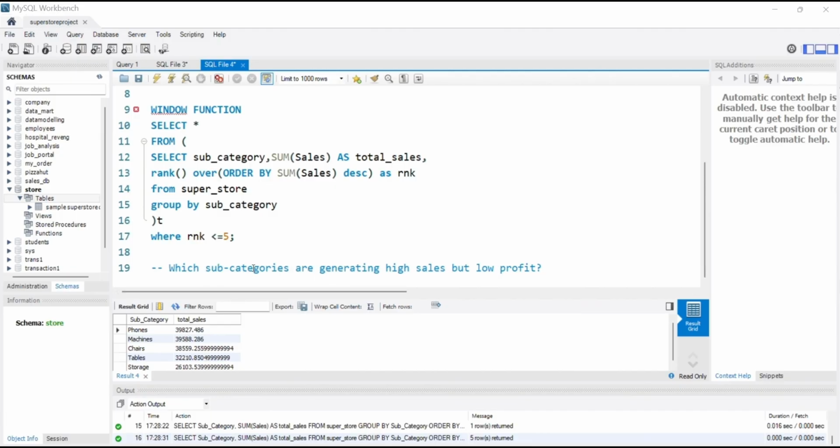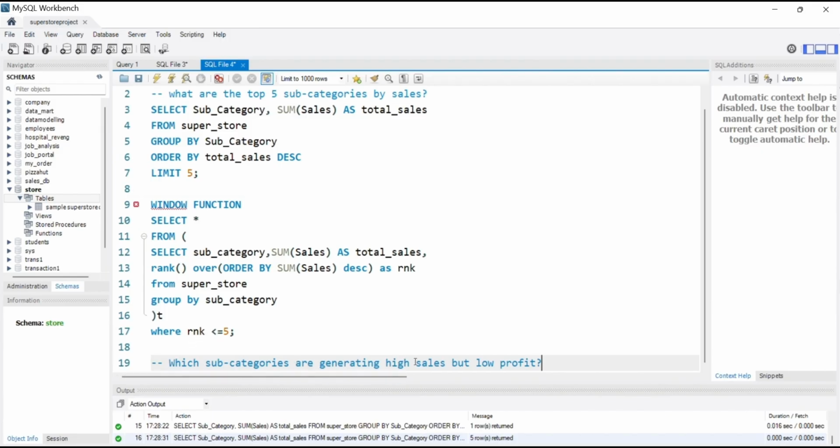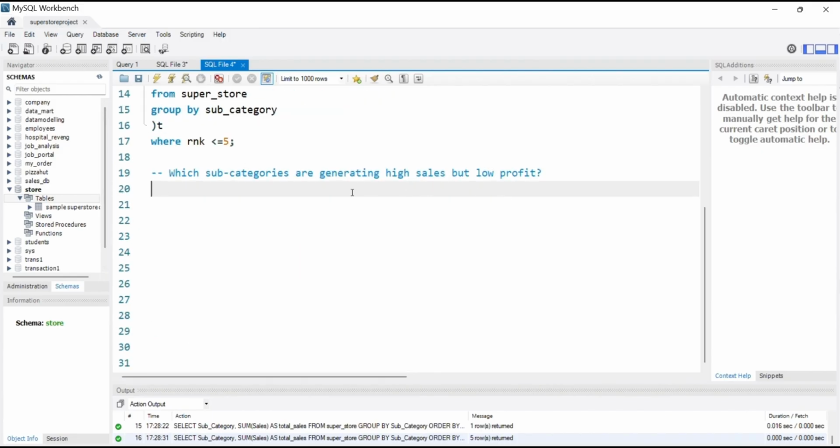This is a slightly intermediate to advanced question. Which subcategories are generating high sales but low profit? This is important because high sales doesn't always mean high profit. Before writing the query, let's understand what we need from this. Firstly, I'll remove this result. So here we need